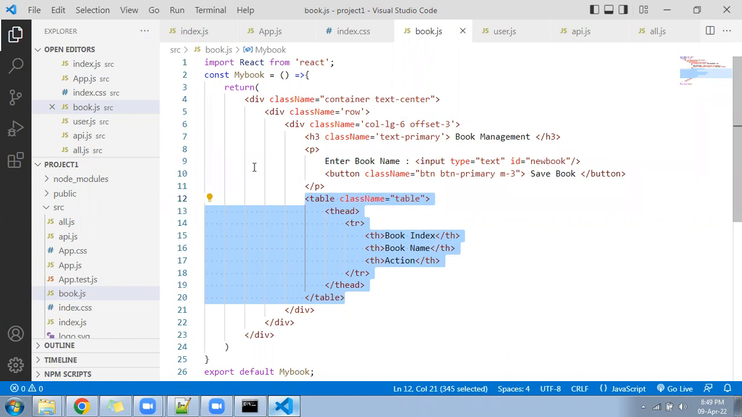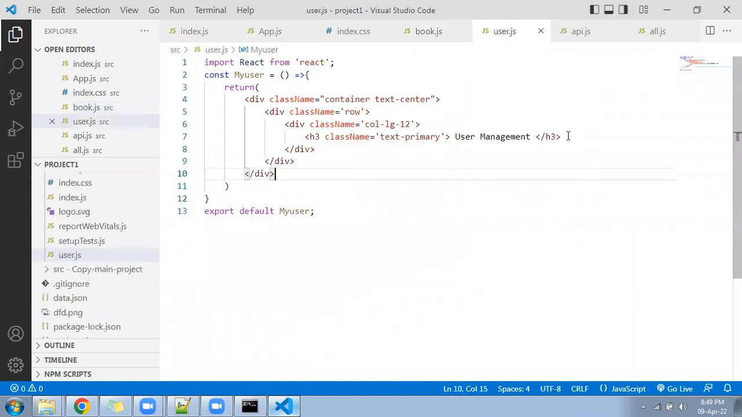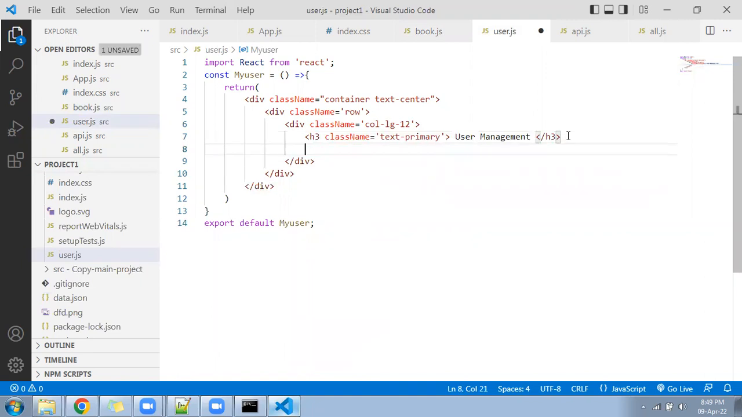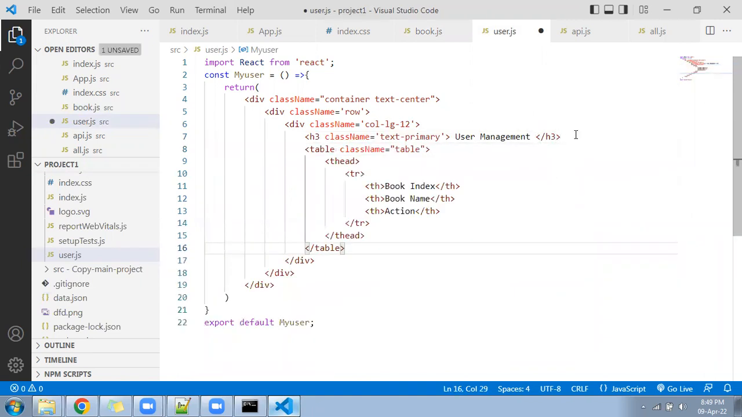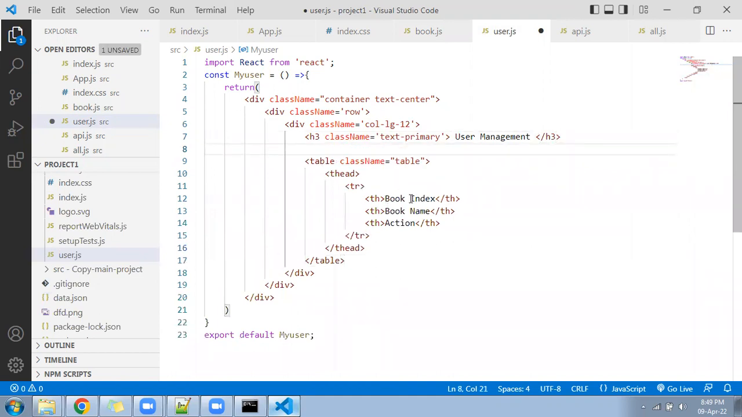So where to paste it, sir? Second table, second page, book.js file. Not book, user.js file. User, we have number 12. Here we can paste that, because in user also you have to list the user, right? So here the user index will come, name will come,